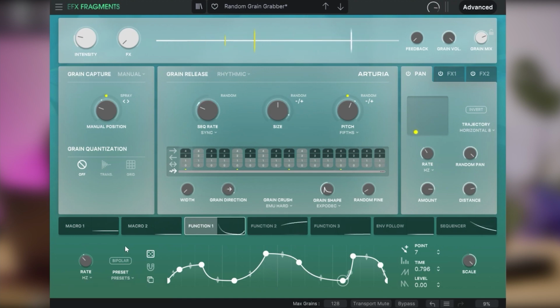The rates can be free running or synchronized to the master tempo. One of its uses could be to draw a simple shape that could be called a modified sine wave shape, set it to an unsynchronized tempo, and apply it to the density of the grain release module. Let's hear how it will change the sound.